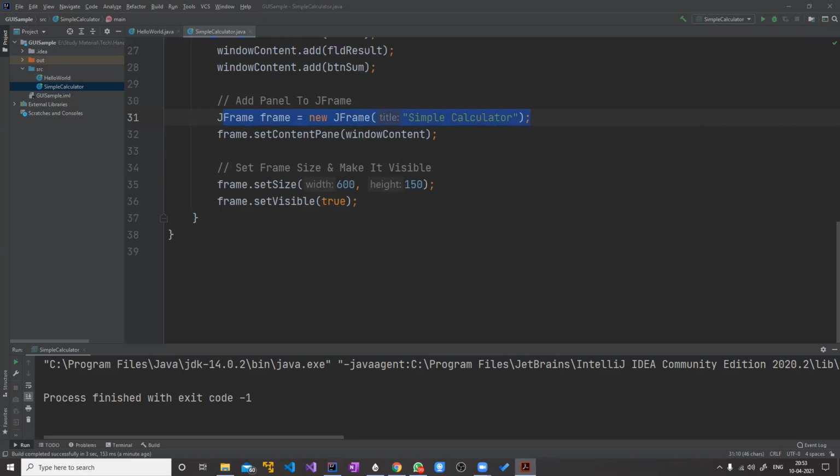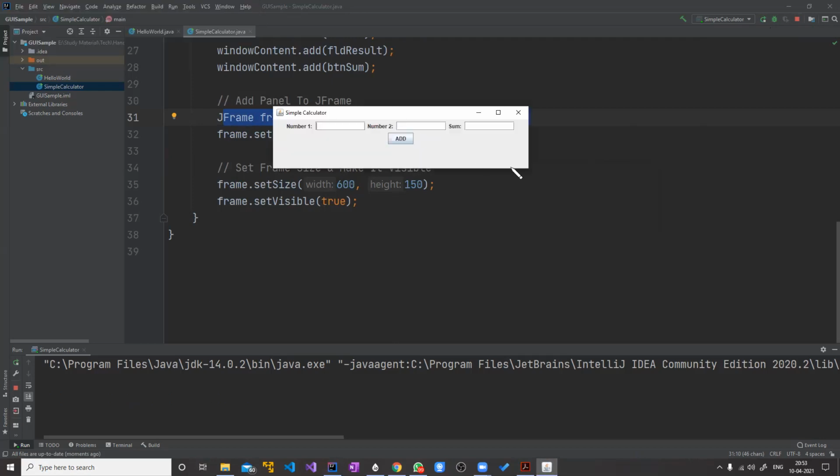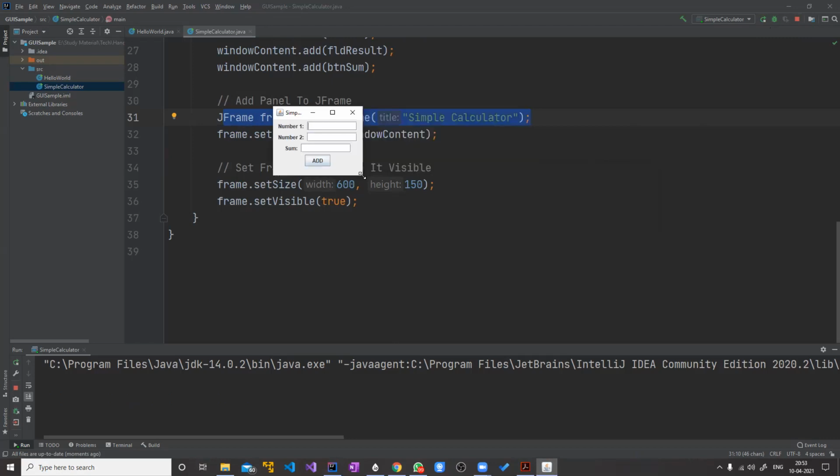So let's do that. And one more thing I forgot to show. When we execute this, you can actually grab this corner and decrease the width. When I'm decreasing the width, you're able to see it is responsive. This is not exactly what we want, but what if you want a vertical layout?